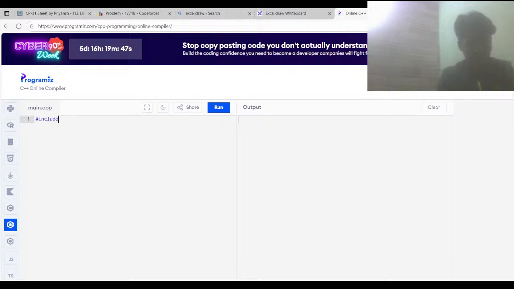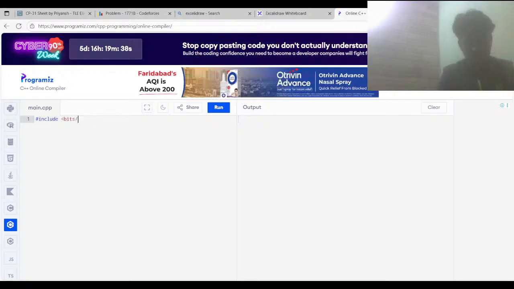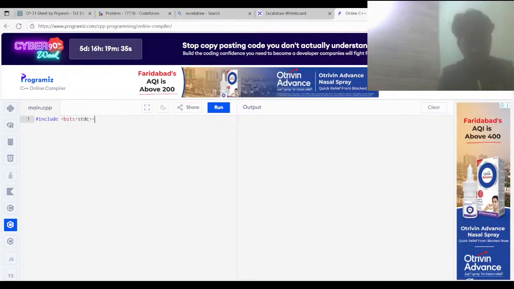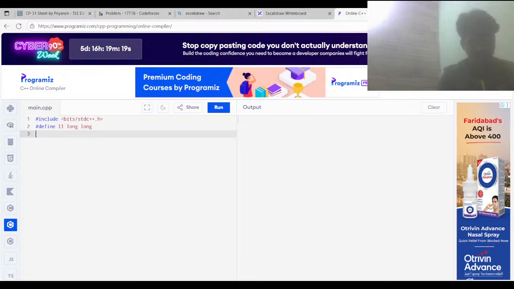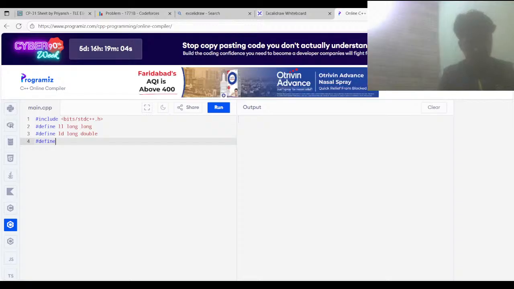Include bits/stdc++.h, right? We'll use define long long, define ld long double, right? Then to define